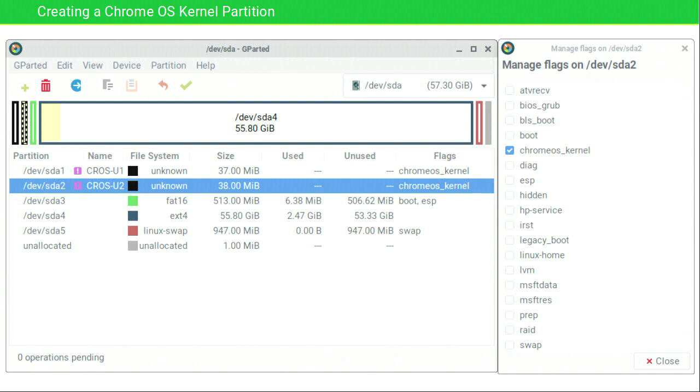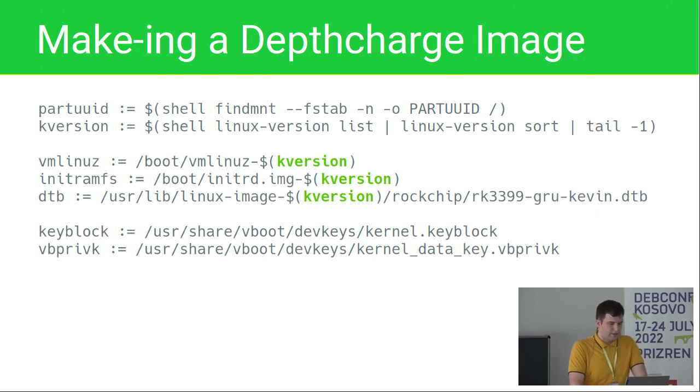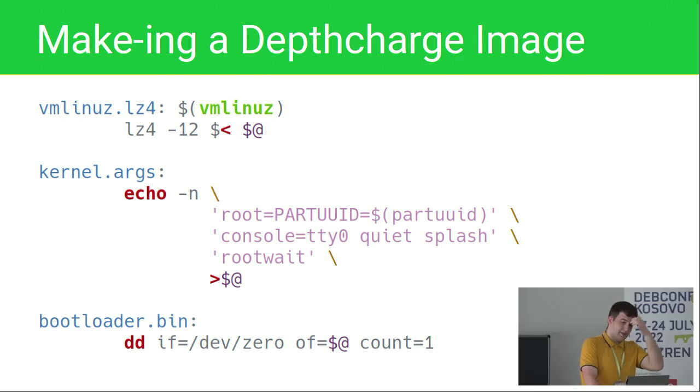After creating the partition, we make a Depthcharge image. We need the kernel, initramfs, and device tree. We need to know the parts we need to put into the kernel command line, and we need key files from Google's verified boot utilities. These are packaged in Debian as vboot-utils or vboot-kernel-utils, and the last one, the cgpt tool, is also packaged. Since there's a size limit and the kernel and initramfs don't fit, I compressed the kernel to LZ4,